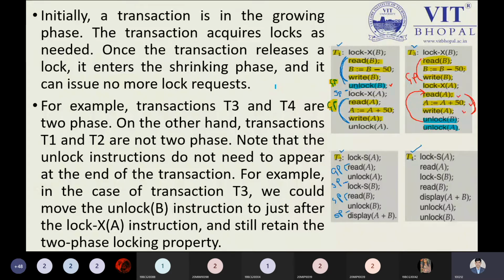But from T1, if you are closing B and suddenly I need to use B after the write operation, as you can see, I was unable to use it. I have to apply the lock on B again and then perform the read on B. So it takes unnecessary extra memory. So it's a better idea to use two-phase locking to prevent that. This is the only simple meaning. Clear?